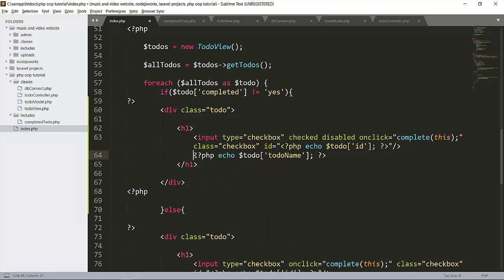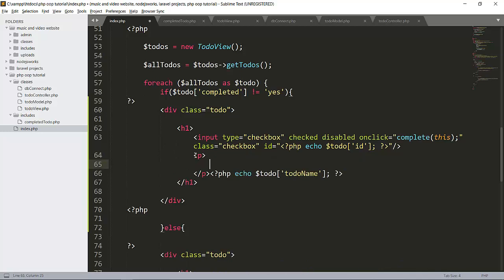So let's do one thing here: add a p tag, and under the p tag this will be there. So I'm going to cut this with Control X, or just remove this.